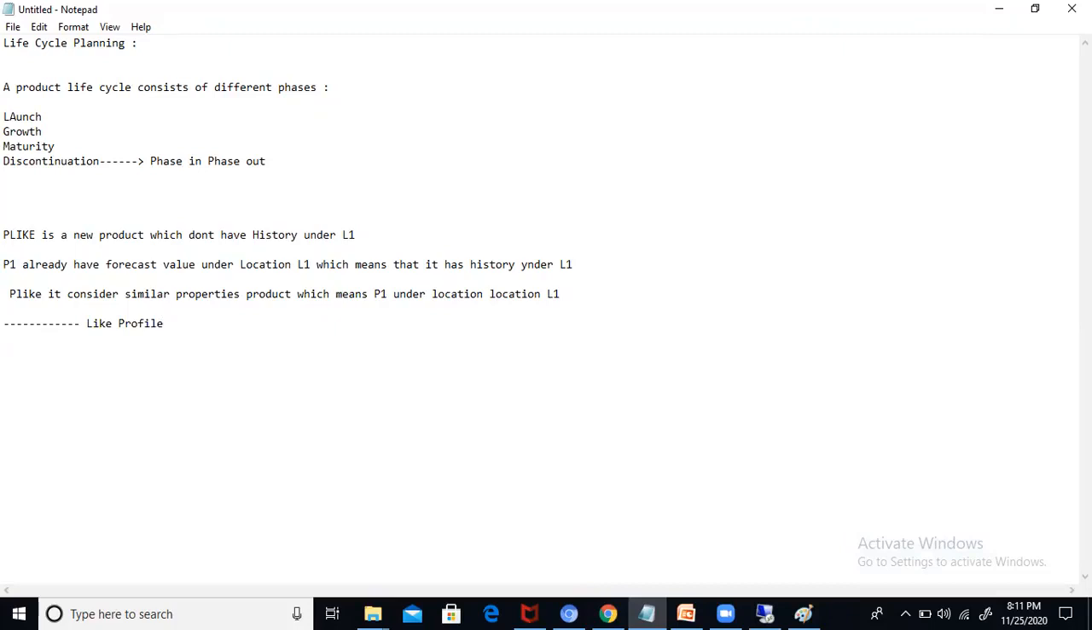Okay, this is the introduction for the life cycle planning. Before starting the configuration part, let me introduce some steps. This is the basic steps to do the life cycle planning. Number 1, activate the life cycle planning option